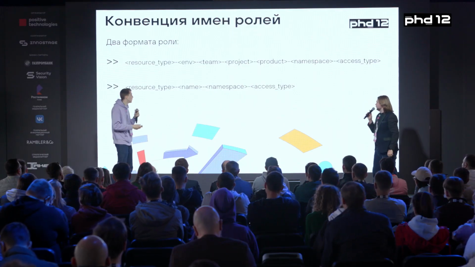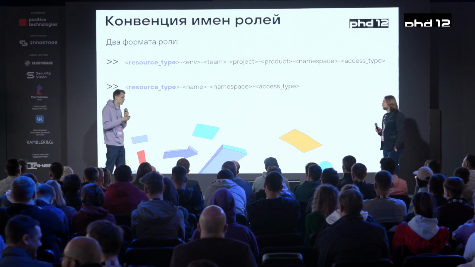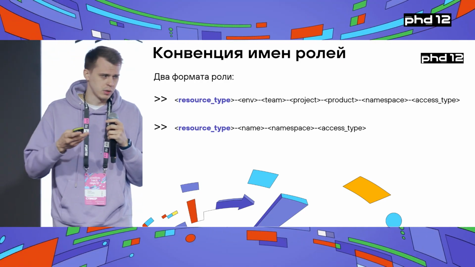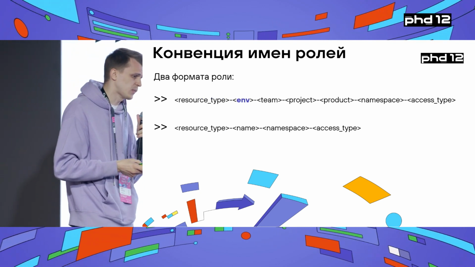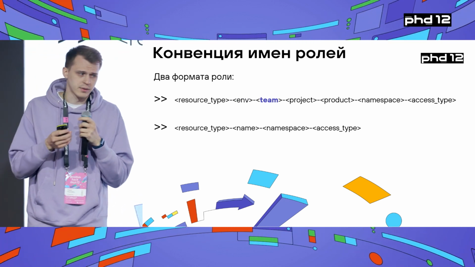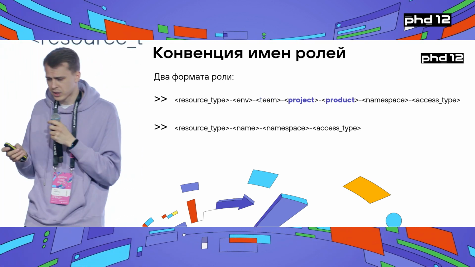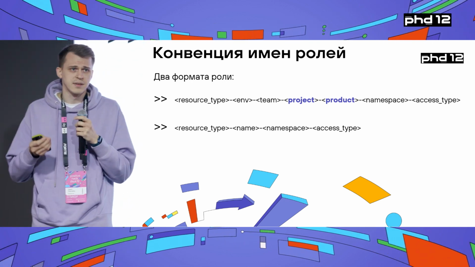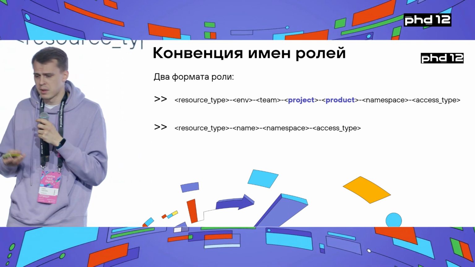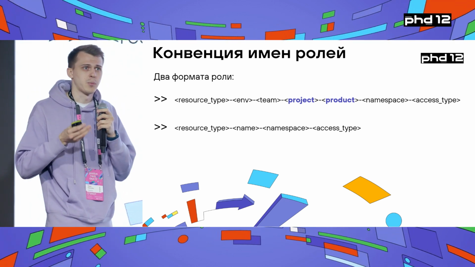Okay. And what are the bits and pieces responsible for? What is the resource type? The resource type is the type of the resource we grant access to: servers, databases, or queues. Then we have the environment, like dev, stage. Then we have the team tag. This is the team responsible for support and administration of this resource. And then we have project and product. They're not mandatory tags, so they provide more details on the resource, so you know whom to ask questions. And the other reason is to provide more pinpoint access.